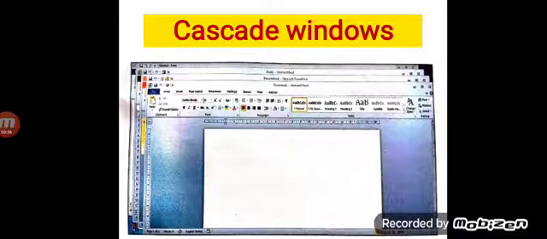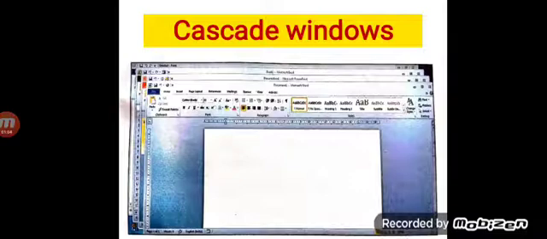See, this view places the windows in a single stack. Stack, that means एक के ऊपर एक रखना, to pile it up, right? एक बुक के ऊपर दूसरी बुक, उसके ऊपर तीसरी बुक, right? एक के ऊपर एक रखते हो, उसको stack बोलते हैं. You call it pile, right? A stack. So this view places the windows in a stack. As you can see on the screen, एक के पीछे एक windows को लगा देगा ये. That is your cascade windows.